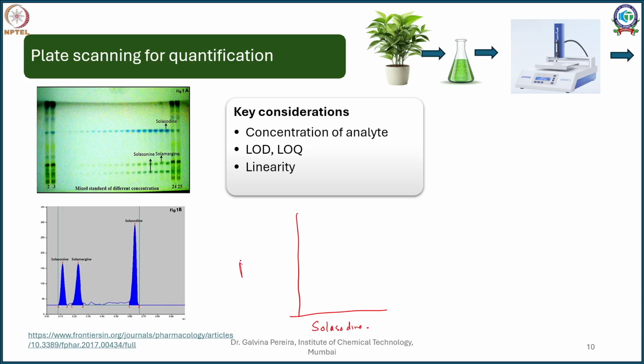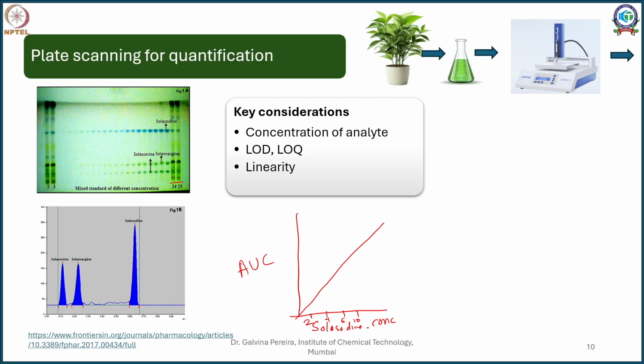I am going to write here area under curve, and here concentration. So this is the concentration of 2 microliter, 4 microliter, 6 microliter, 10 microliter, something like that. Now when I prepare a standard curve, I might get a good linear observation. So at higher concentration I will have higher area under curve. Now I spot my plant extracts. You can see here 24, 25 are your plant extracts.